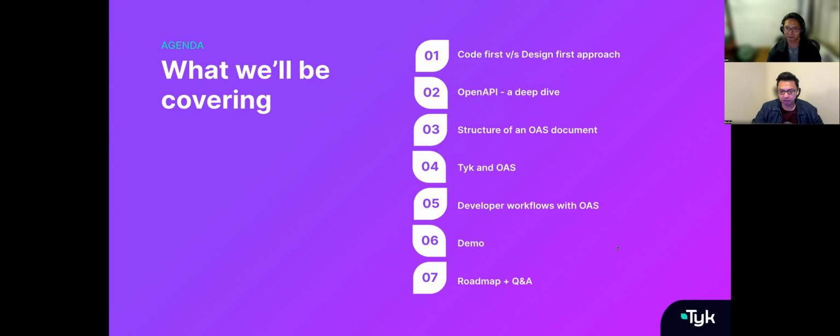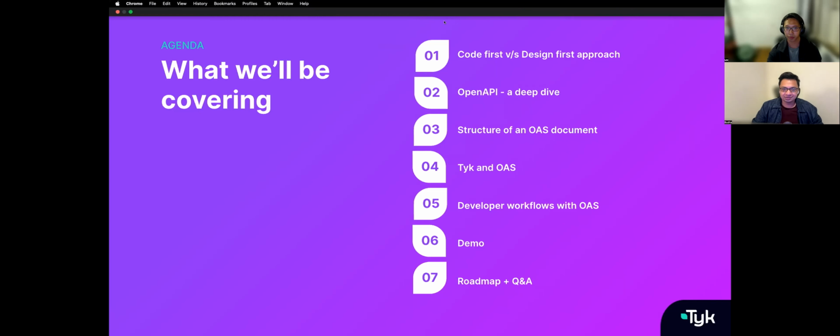Once again, we are looking for a very lively discussion on this particular topic. Open APIs, open standards in general have been a really exciting space over the last few years. It's only gaining in popularity as we see more and more conferences looking at topics in this space, whether that is OAS or open telemetry. We are seeing more and more conversations happening, which is fantastic for the overall ecosystem. So let's get on with it, shall we?